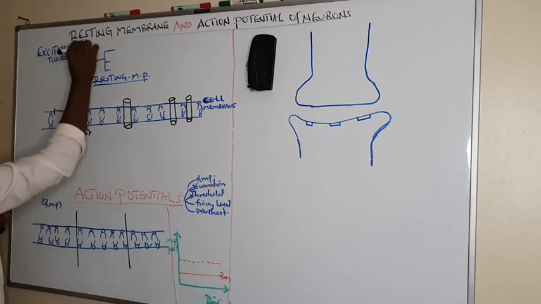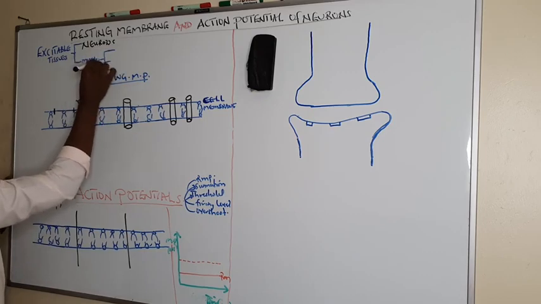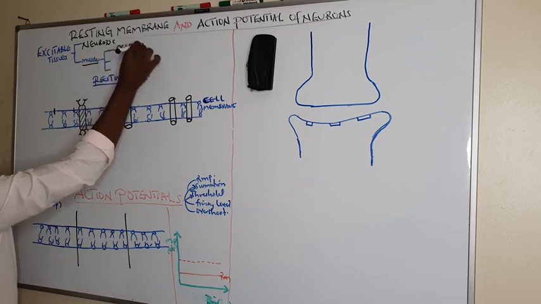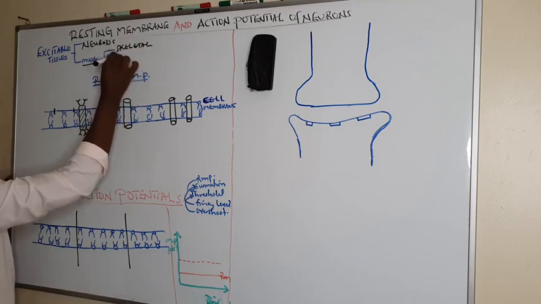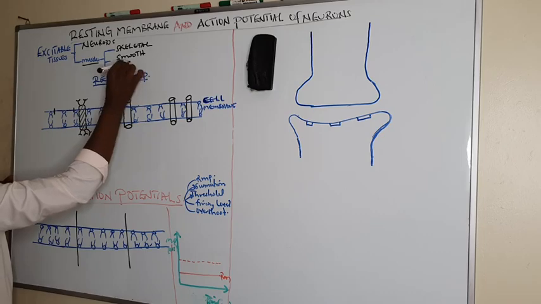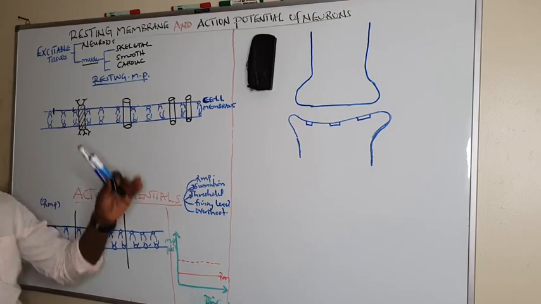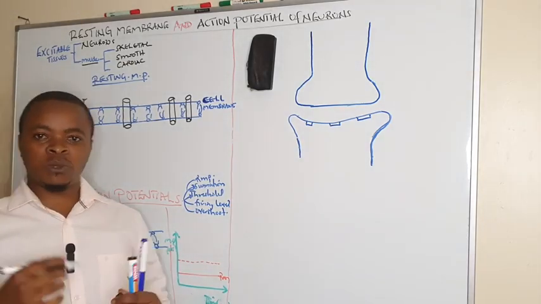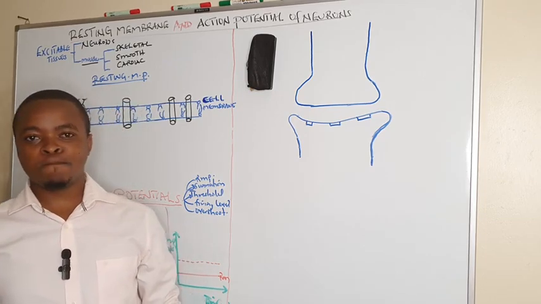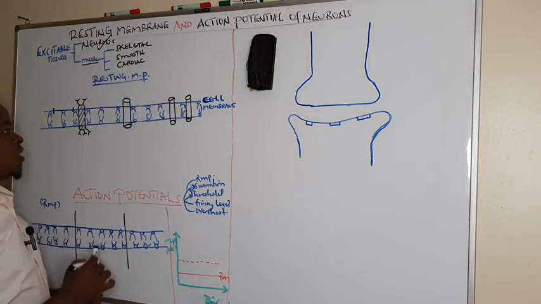neurons, then they include muscles, whereby muscles are categorized into skeletal muscles, then we have smooth muscles and cardiac muscles. So these are the excitable tissues which respond to stimuli by sending electrical signals. But in our session, we are going to zero in on the neurons,